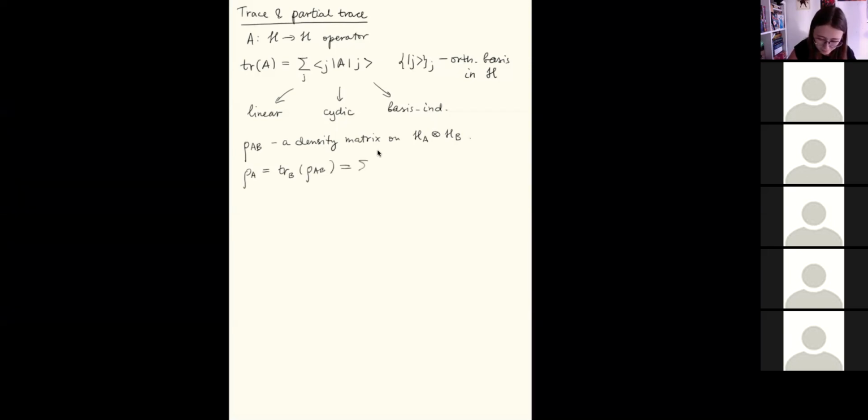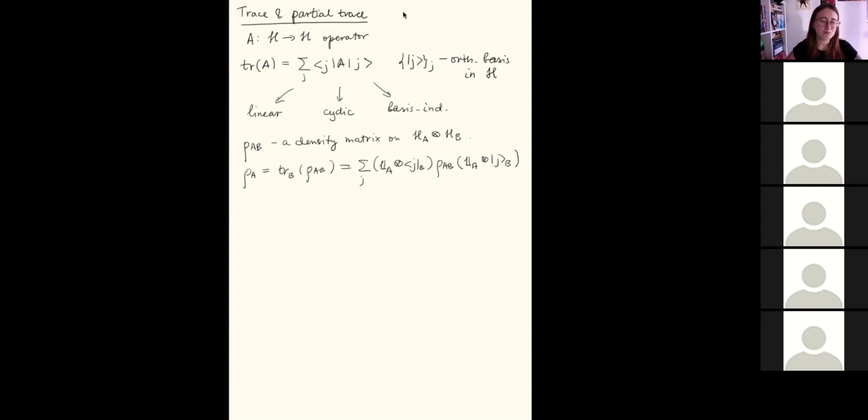This operation corresponds to the following. We essentially don't apply anything on the A part, and then just do the usual trace on the system B. The j's are again just the orthonormal basis, but now in H_B. One can also show that this operation is indeed valid. It maps density matrices to density matrices, which means that the object that we get after tracing out a density matrix is positive semi-definite,